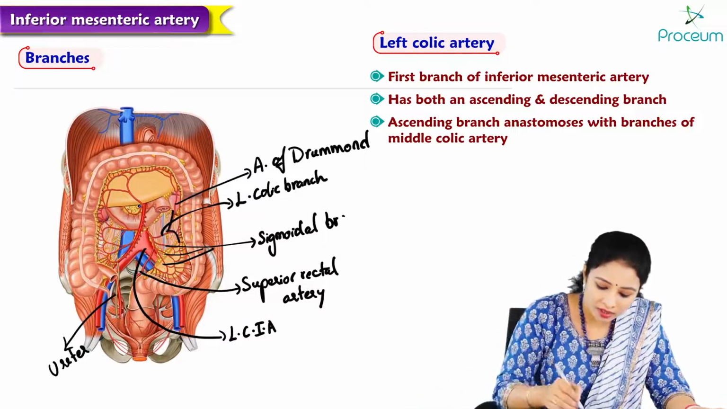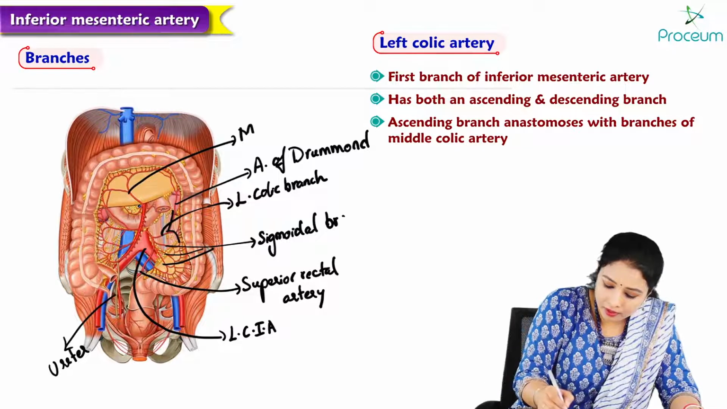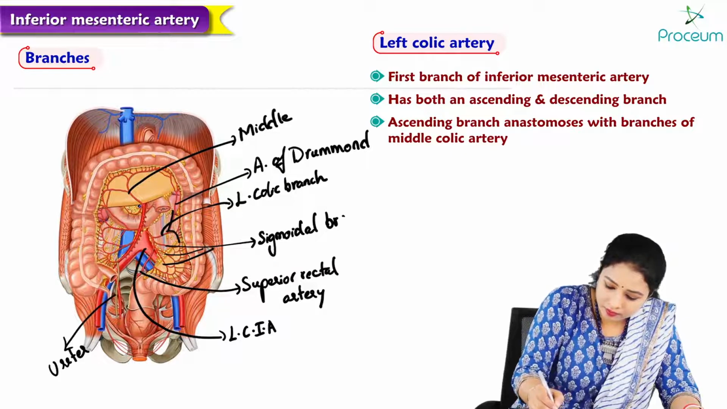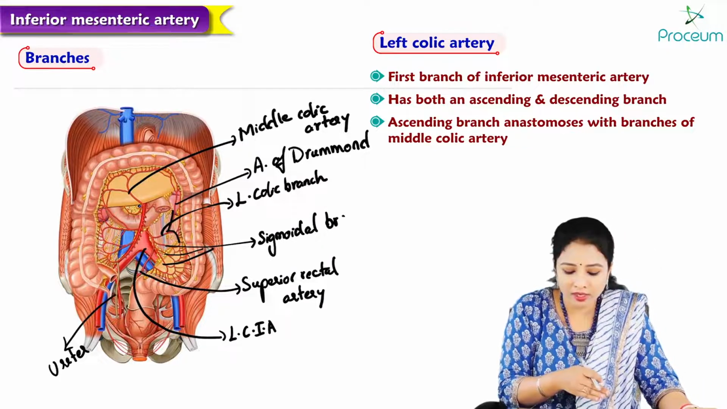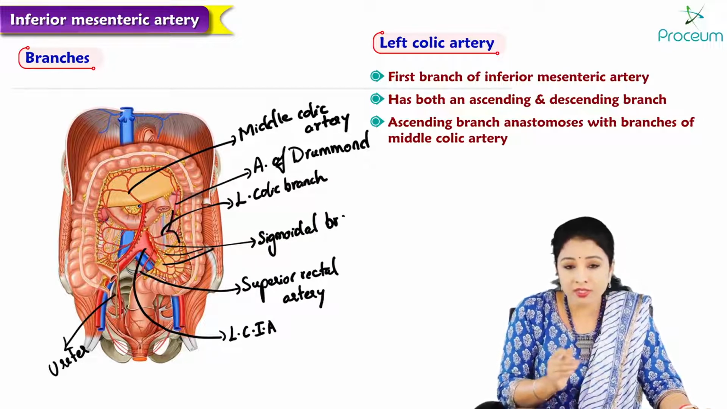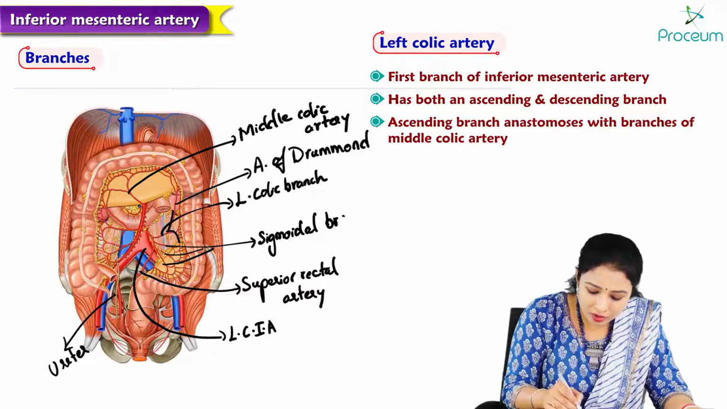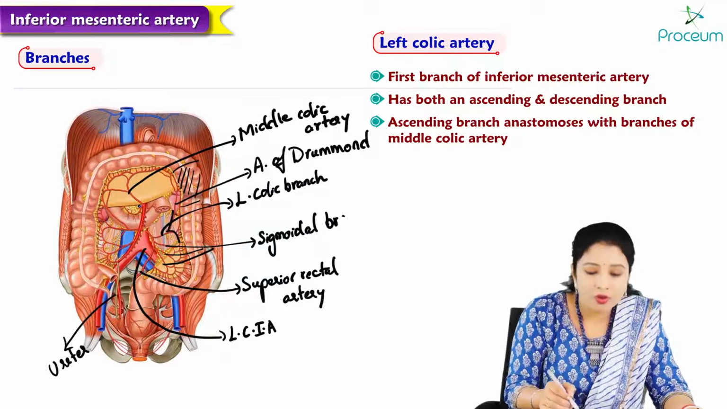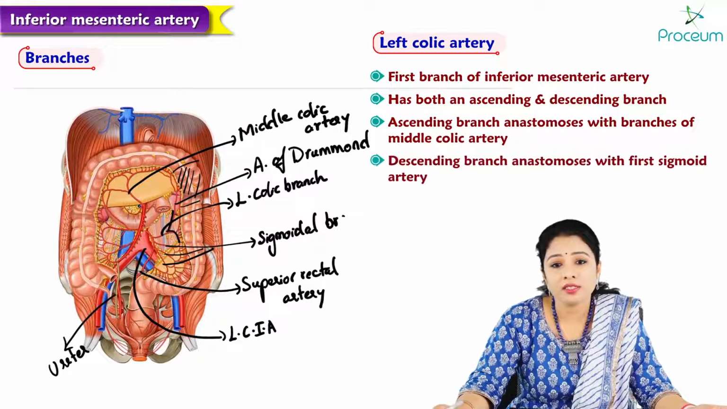So the ascending branch goes and anastomoses with the middle colic artery. The middle colic artery is a branch of the superior mesenteric artery, and the ascending branch of the left colic, which is a branch of the inferior mesenteric, they anastomose near the splenic flexure of the colon, meaning this part, near the splenic flexure of the colon. And next, about the descending branches,